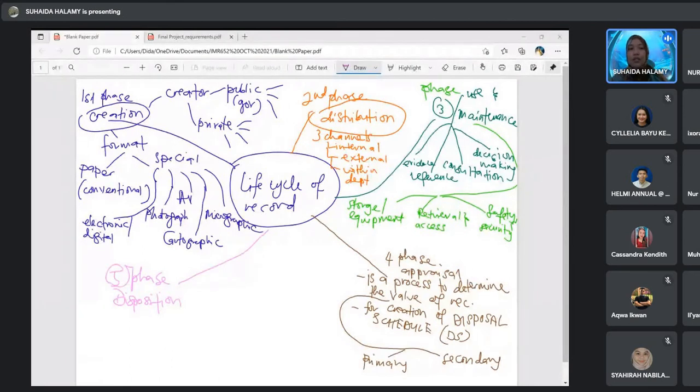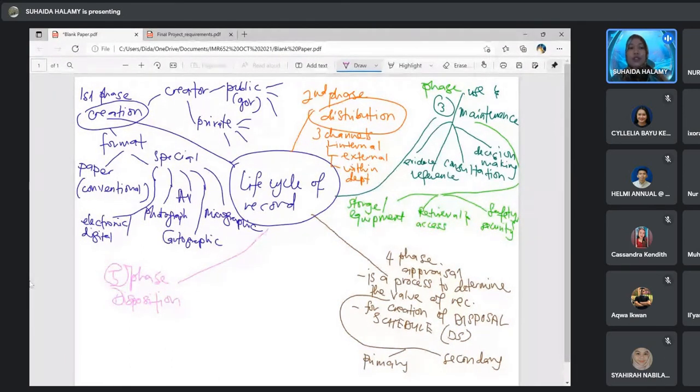For disposition, there are 3 ways. The first one, we transfer the record to the archive institution, for permanent preservation.